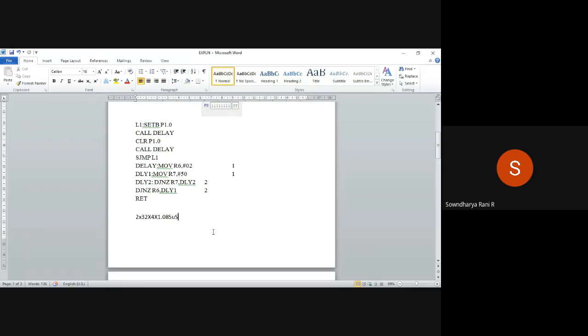So crystal frequency divided by 12 will give you the clock frequency, right? So if you want to calculate the clock period, you just do 1 by f, right? So that is what this is. Okay, so 1.085 microsecond is your one clock period.